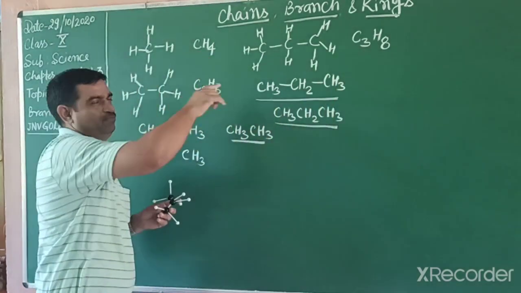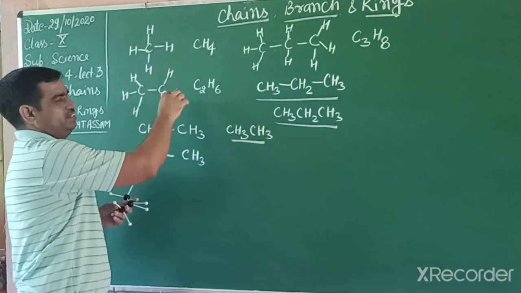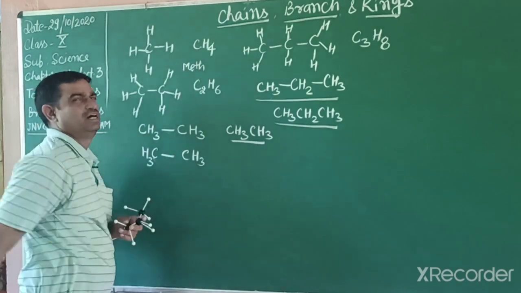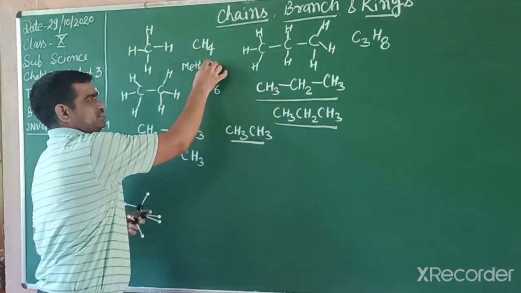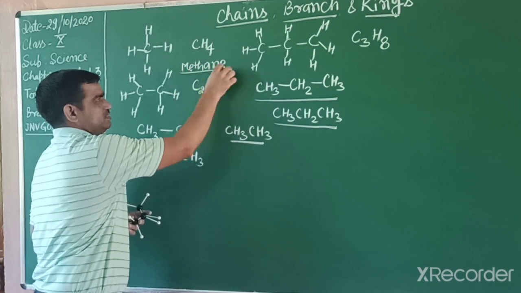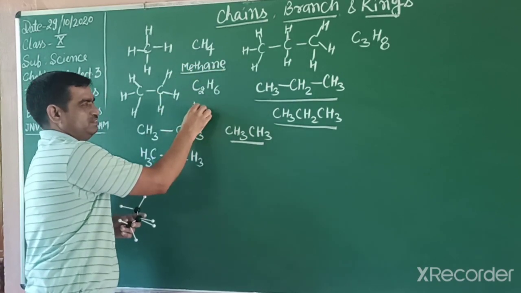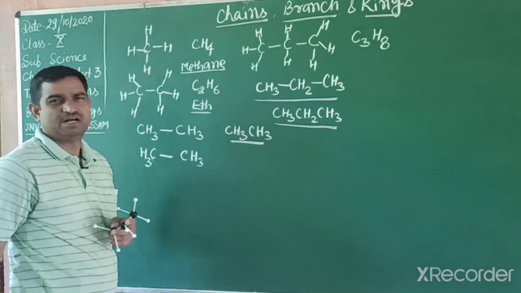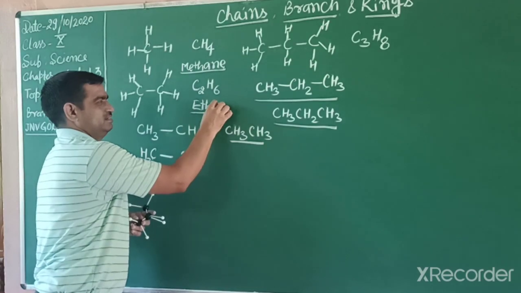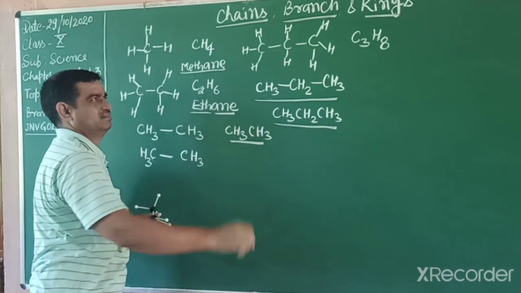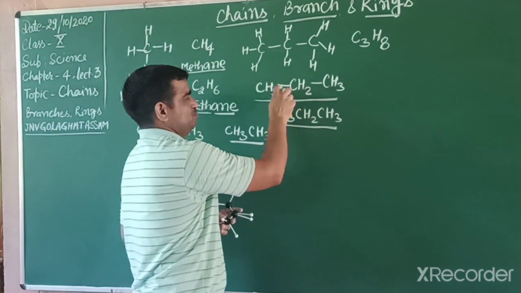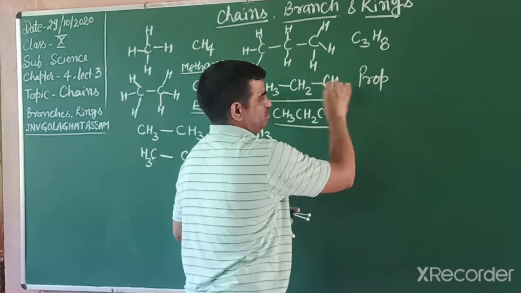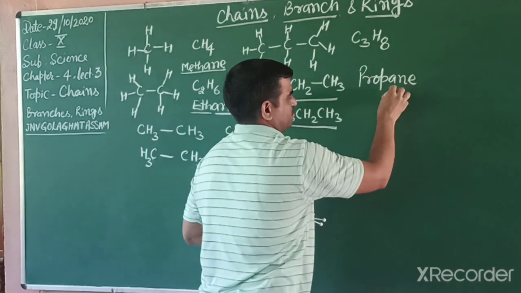So what are the names of these compounds? One carbon we already discussed. For one carbon the word root given is METH, and single bond, then we write suffix N. So this one is methane. Two carbon name is ETH, eth. The word root we already discussed in yesterday's class, and then suffix we write N, ethane. Three carbon, 1, 2, 3, the word root is prop, and single bond, then N, we can write propane.